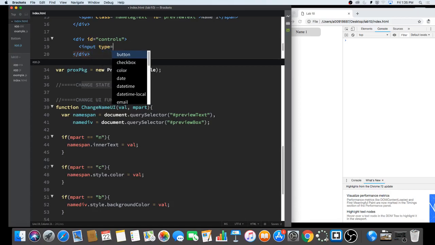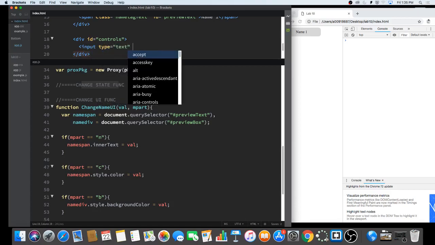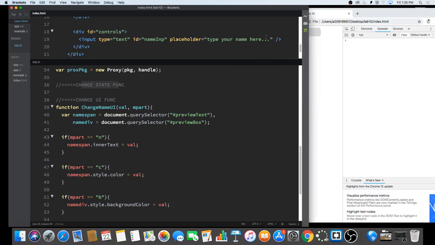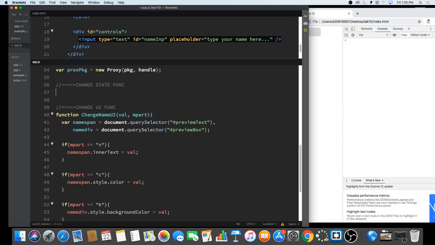Input type equals to text. And we'll call this the name input. And placeholder equals to type your name here. And what's the interaction that I'll be looking for? Well, first let's build a function so that we can connect the interaction with the function. Function change name